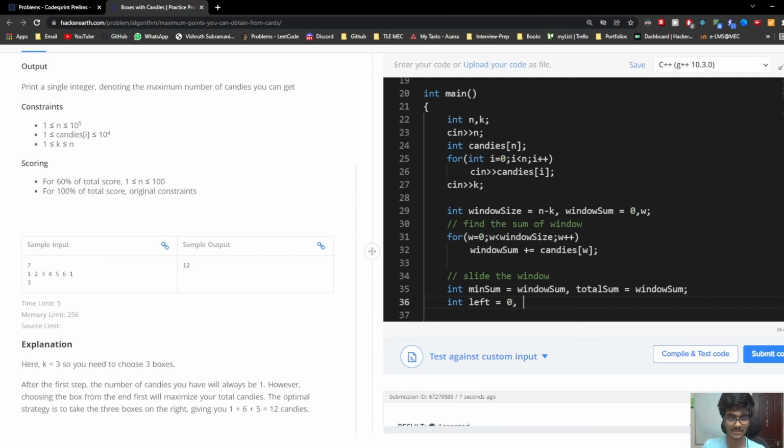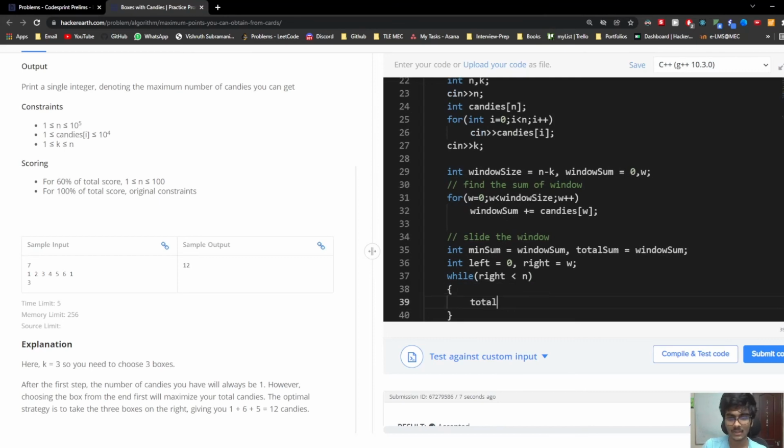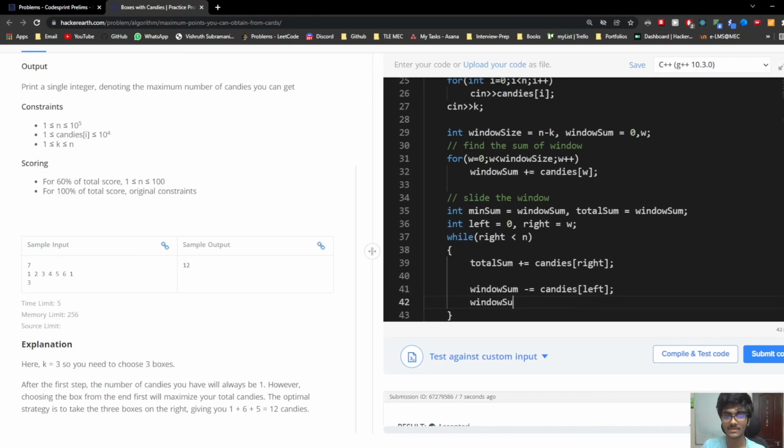So I'm initializing these two variables, and then to slide the window, as we saw, we have two variables: left, which is initialized to 0, and right, which is initialized to the right boundary of the window, which in this case is w. So right is w, and while right is less than the number of elements in the array, total sum plus equal to candies of right. So this is to find the total sum, and to find the sum of the window, we subtract the value on the left, so window sum minus equal to candies of left, and we add the value on the right. So these two statements would basically slide the window,